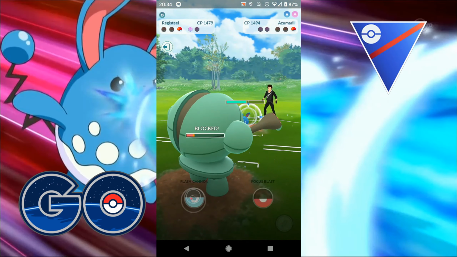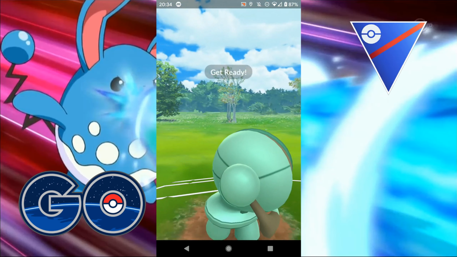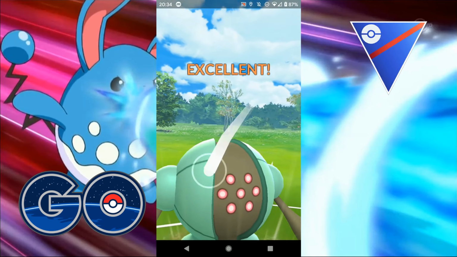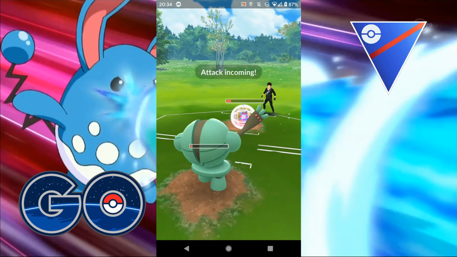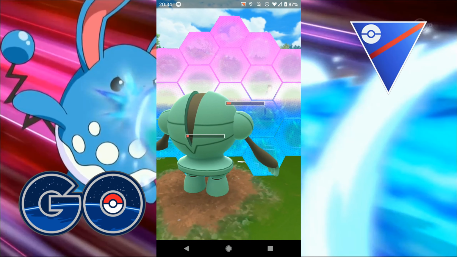I should have shielded the second Frenzy Plant because I think they're going to get me within bubble range before I can get to a third. Yeah, so I definitely should have shielded one of the charge moves from that. So that's interesting. So I think the bubble still will...